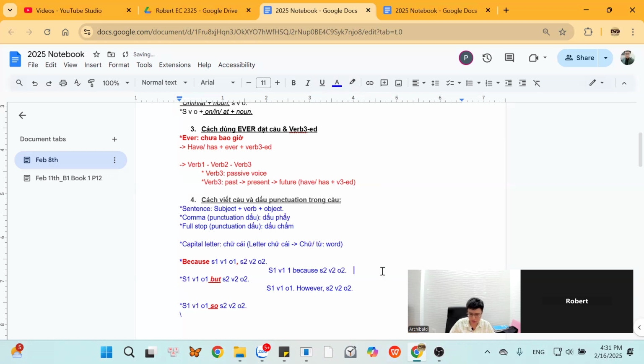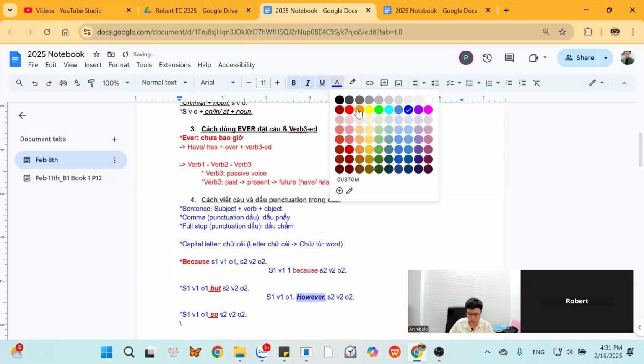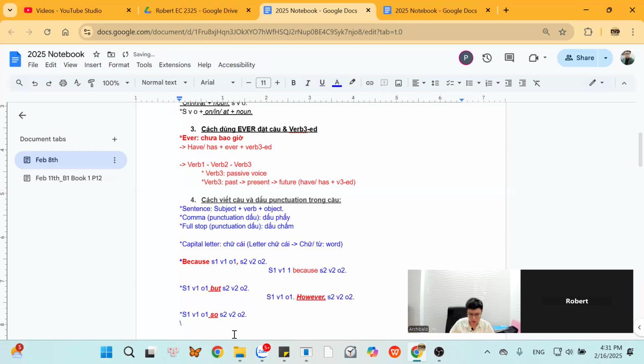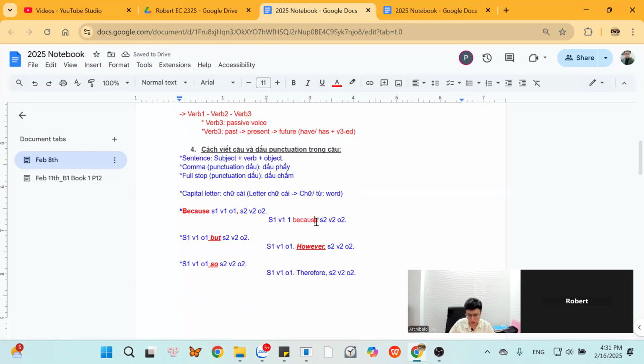So this is the difference between "because" and "but". "Because" can stand at the beginning of the sentence, but "but" cannot. We can only use "however" to stand at the beginning of the sentence. "So" is just like "but". You cannot use "so" at the beginning of the sentence. You should use "therefore", something like this. All right. This is the way for you to use "because",